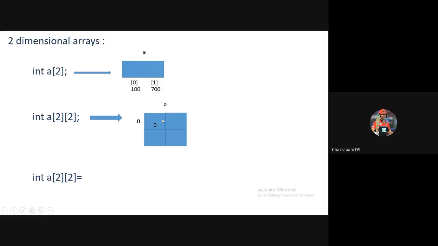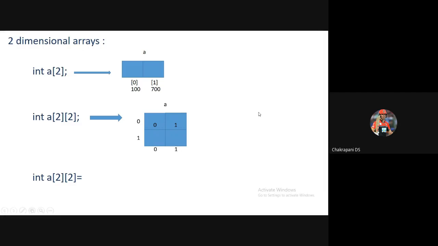Okay. Similarly, this memory block is still in 0th row, but in which column? First column. So 0th row and first column. This memory block is in first row and which column? 0th column. This memory block, first row and first column. So this is how index values are decided in two-dimensional arrays. So this is our representation of a two-dimensional array and our representation of index values in two-dimensional arrays.